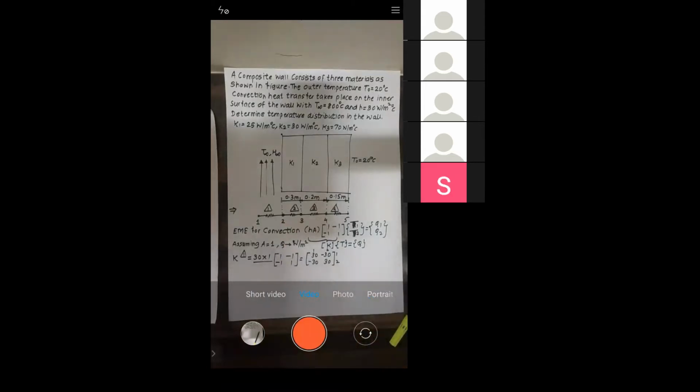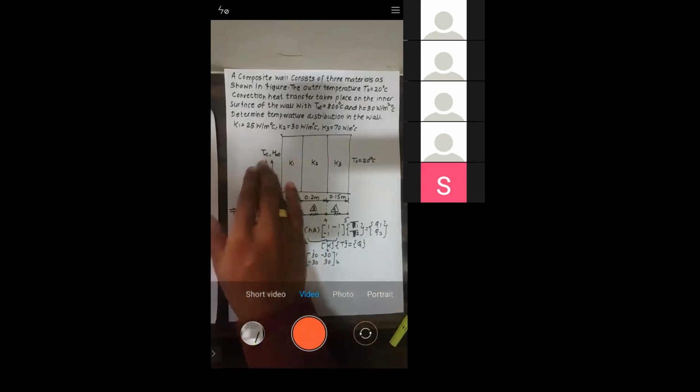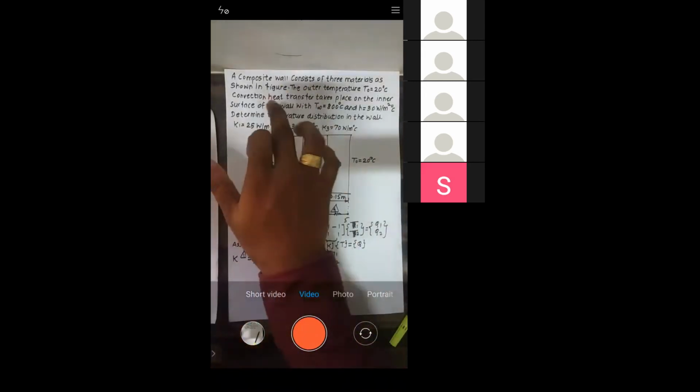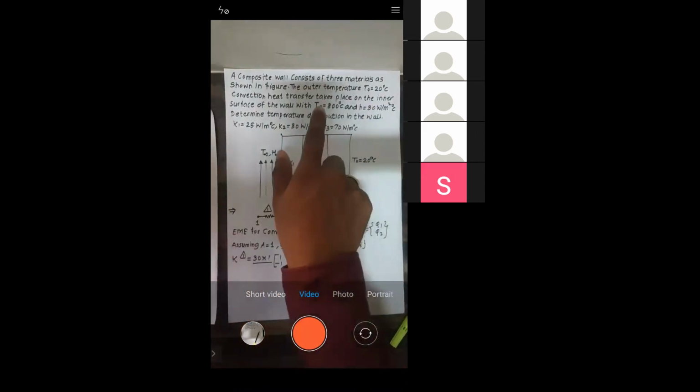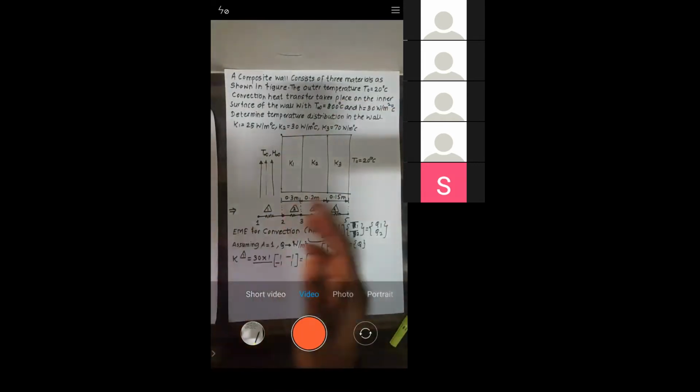Sir, there is no fluid flow there. That is all okay. But what he is saying is, sir, we need to consider this as the same. See, in the problem, it is clearly stated that heat transfer takes place on the inner surface with this value of temperature and with this value of H, right? On the inner surface. So you can't take this value at the outer surface, because on the outer surface there might be a different fluid flowing, no? Sir, we are neglecting the outer surface, but still convection takes place there. We are not neglecting that.